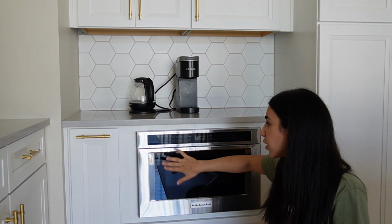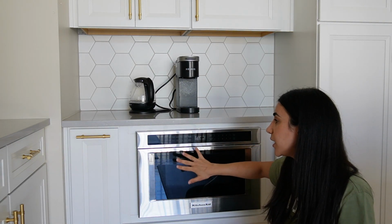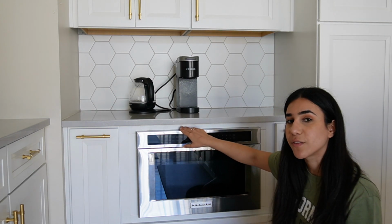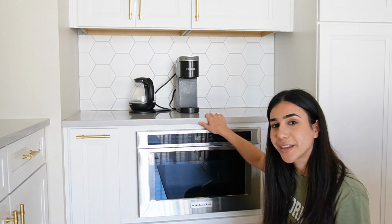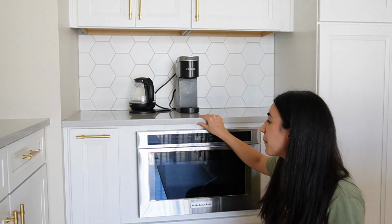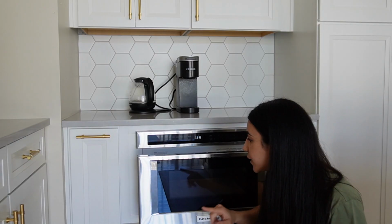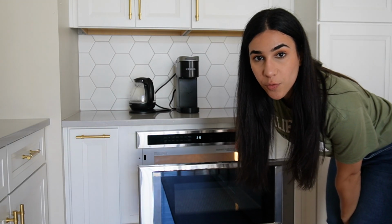And then of course it has all these normal buttons like reheat, defrost, keep warm, popcorn, and we don't use any of those. We pretty much just use the start button and add 1 minute every single time, but they do have all those options. In terms of cleaning, it's super easy to just wipe this down with a microfiber cloth to get